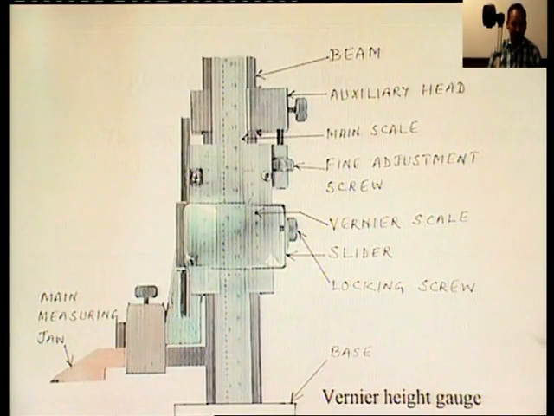So, if we discuss the various uses of this vernier height gauge, it is used with the surface plate to measure the vertical heights. The difference in height can also be measured by taking the vernier scale reading at each height and subtracting these values. The various precautions to be taken while using this vernier height gauge are: all the